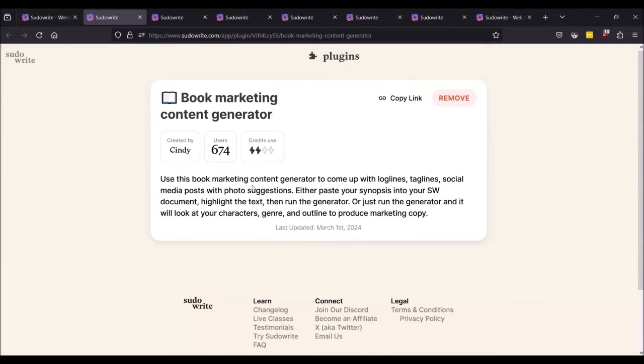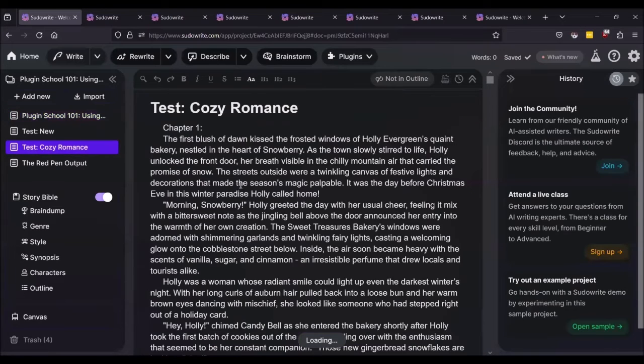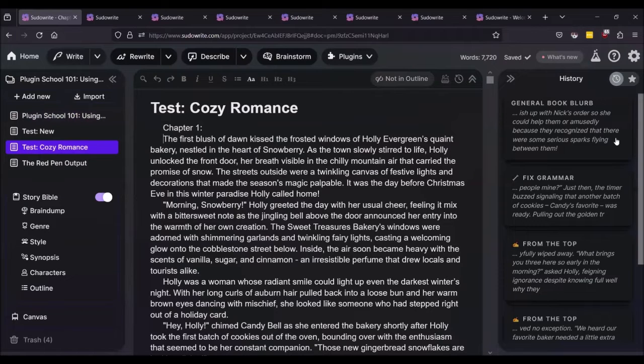So, book marketing content generator. Use this book marketing content generator to come up with log lines, taglines, social media posts with photo suggestions. Either paste your synopsis into your Sudowrite document, highlight the text, then run the generator, or just run the generator and it will look at your character's genre and outline to produce marketing copy. Since I have the story Bible filled out, I'm not going to bother highlighting any text. We'll just go here and